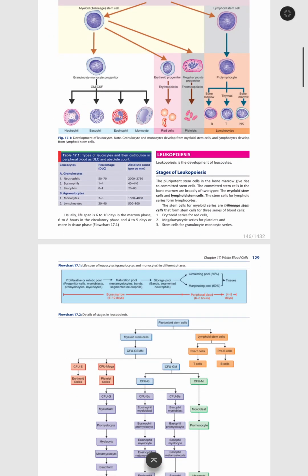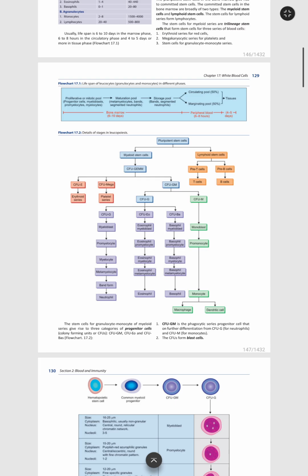So, stages of leukopoiesis. Pre-T cell, T and B cell. Lymphoid from pre-T and pre-B cell, which form B and T cell. Now,